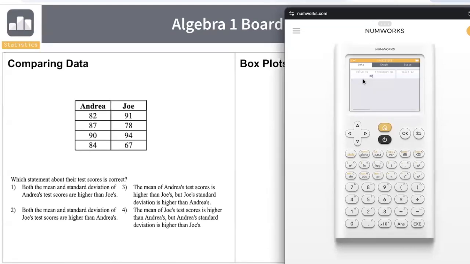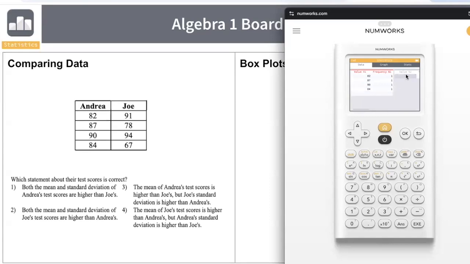So we have 82, 87. Also, on the right-hand side here, that's the frequency. They're only coming up 1 time, so it's going to auto select 1 because we only have 1 of those numbers. We have 82, 87, 90, and 84. Okay, so Andrea's test scores have been added, and now I can just go over with the right arrow and